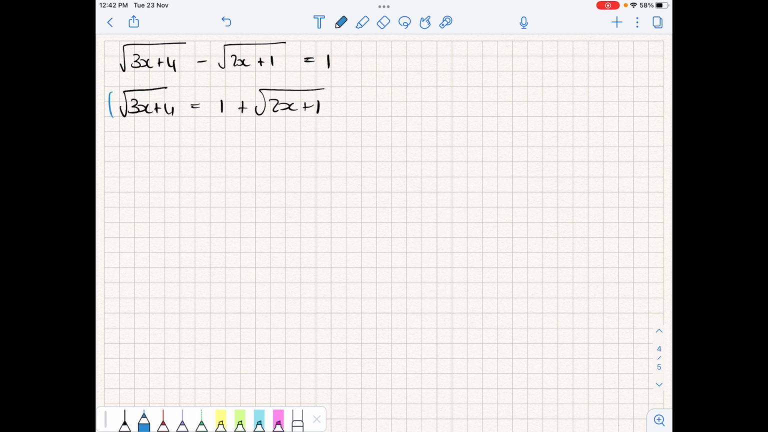Now what we'll do is square both sides, remembering that when we square both sides, we're squaring everything: 1 squared plus square root 2x plus 1 squared. Right, on this side, we're just going to cancel the surd, so we'll get 3x plus 4. And on the other side, we need to remember that this is the whole side being squared. So you can write it out,